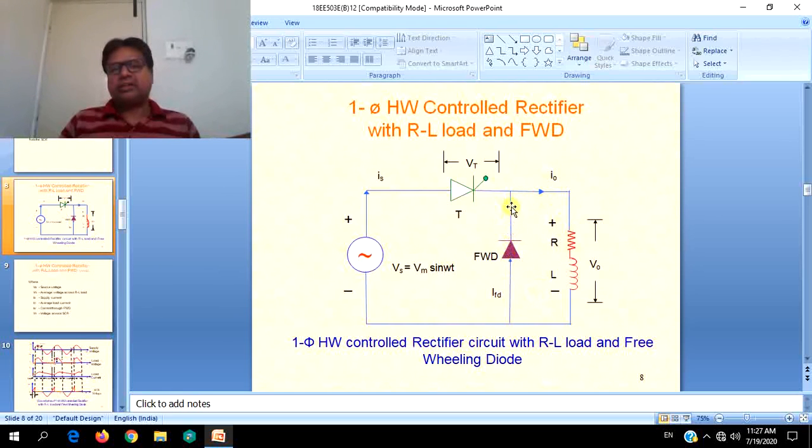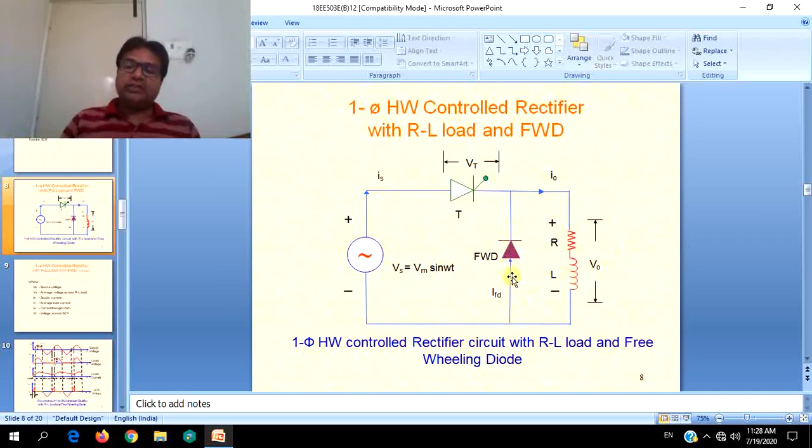As it is short circuited via this diode, whatever energy is stored inside the inductance will flow in the clockwise direction in this circuit via the diode itself. This energy is not going anywhere into the other part of the circuit. It is freely flowing through itself because of this short circuit. That is why it is called a freewheeling diode. Current freewheels through the load and it becomes zero at an angle beta. That is the concept of the freewheeling diode.